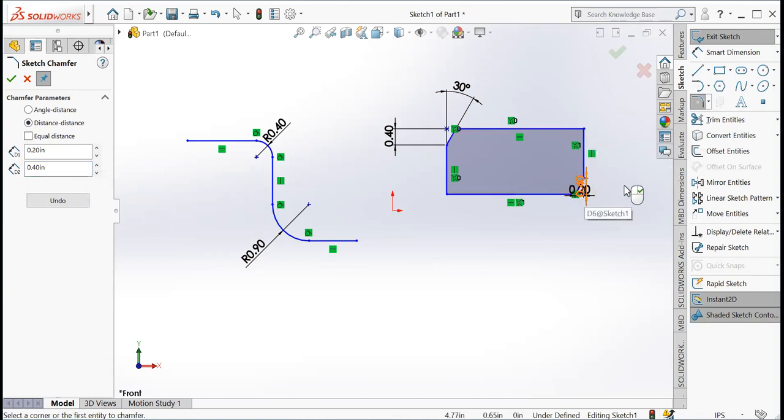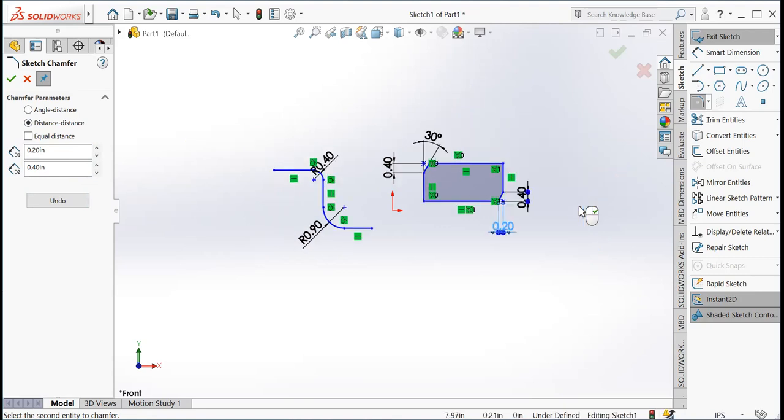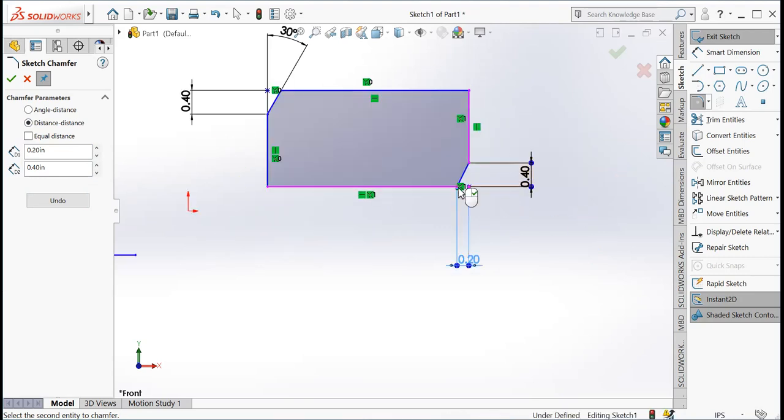So here I have got these d1 and d2 values, 0.20 and 0.40 inches. So we can say it is a distance in two entities. In angle distance, one distance and one angle are mentioned.